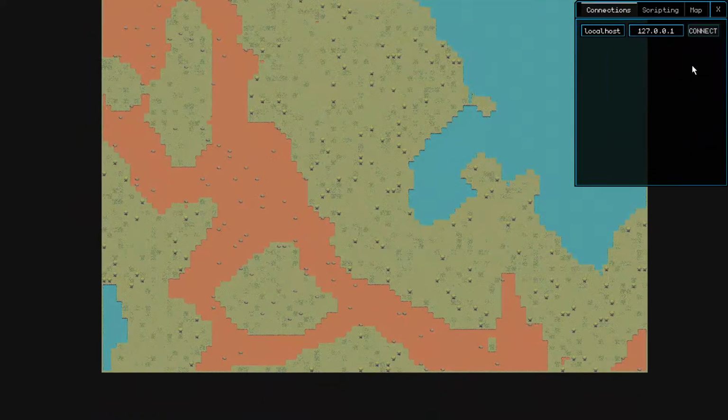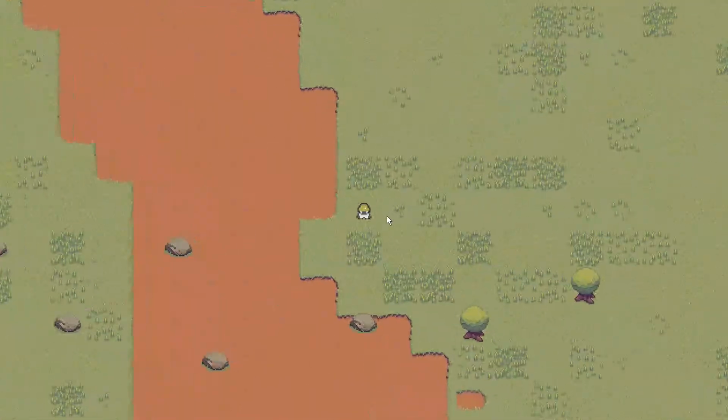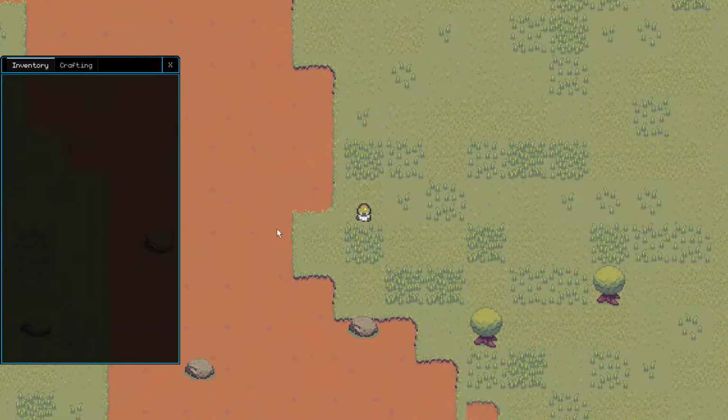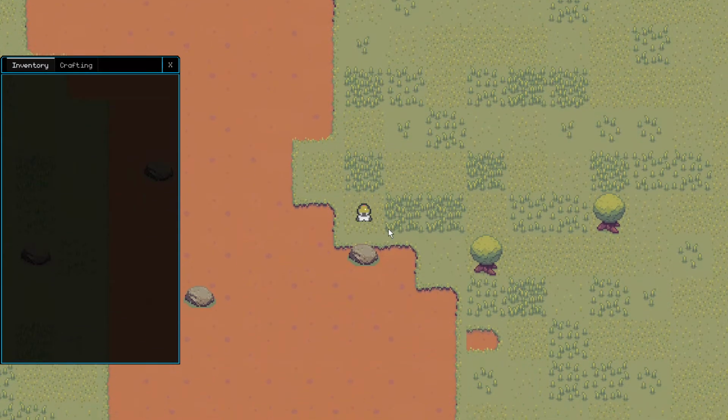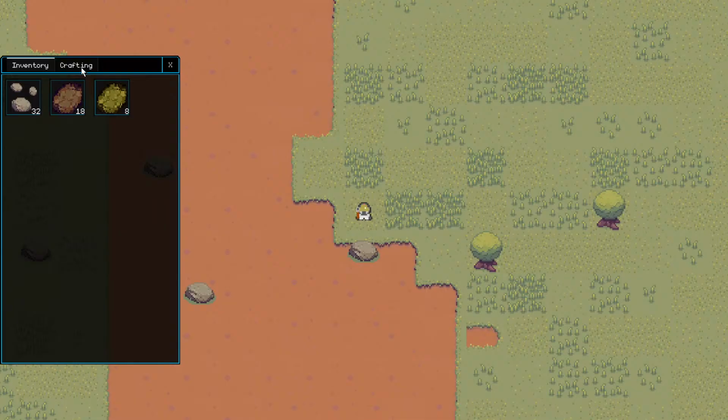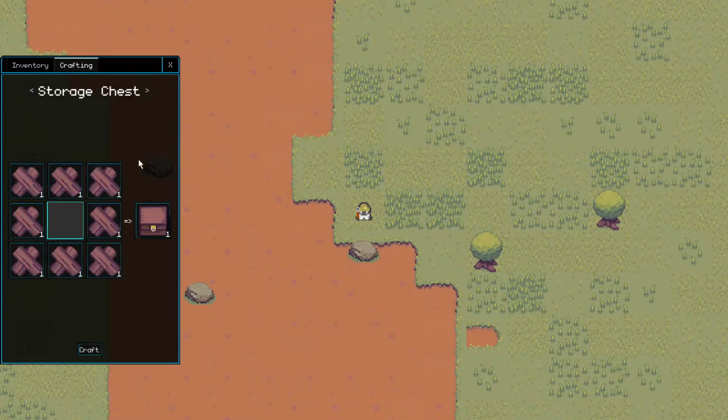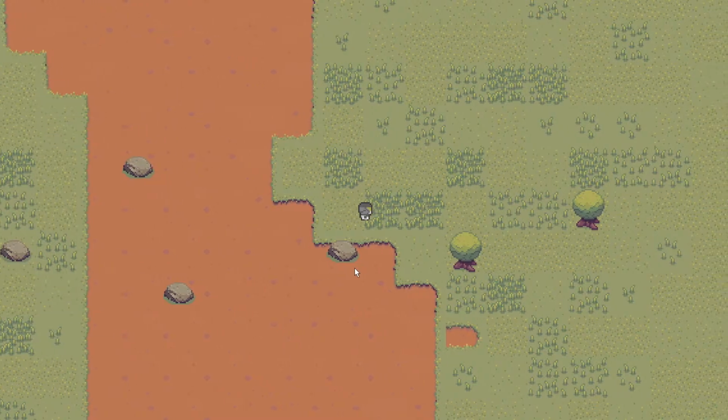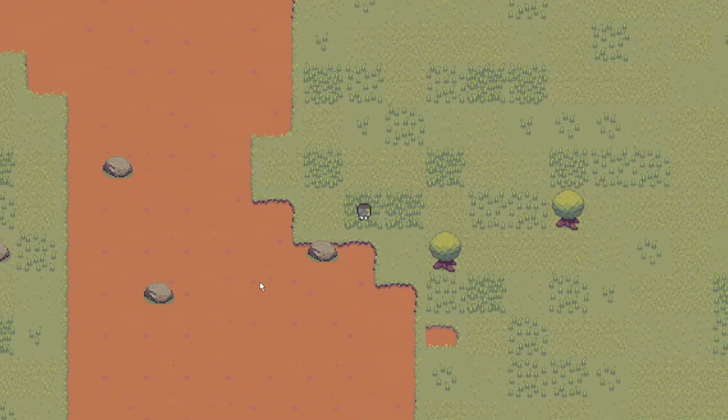And then we're going to connect to this guy, come over into his inventory. I want to build a probe. Well, actually, so